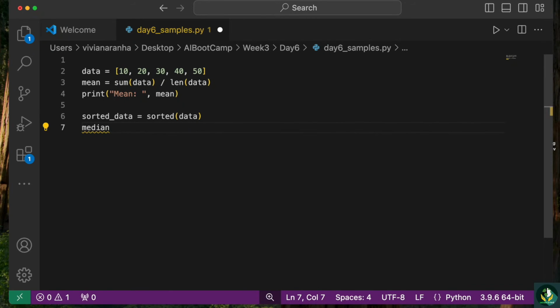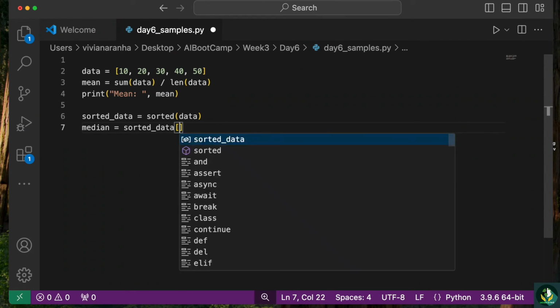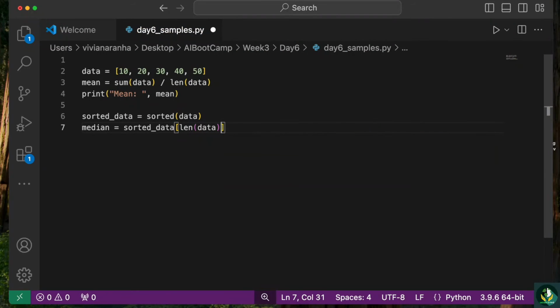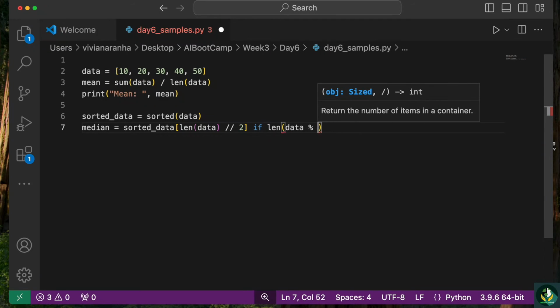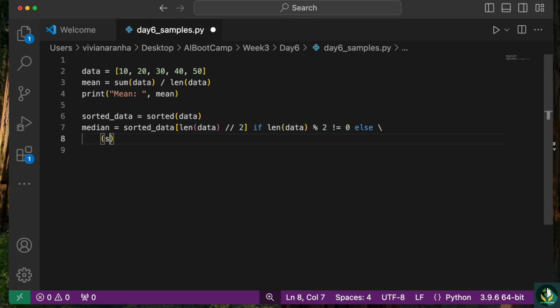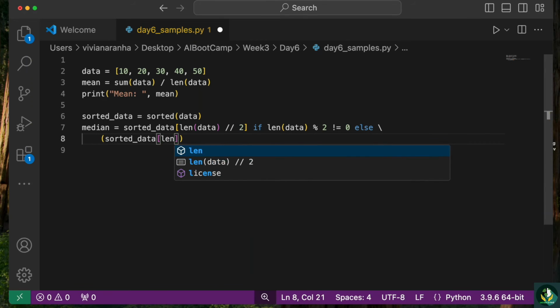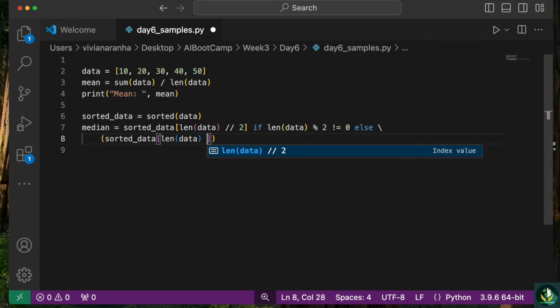Next, to calculate median, I'm going to say median equals sorted_data of length of data divided by 2 if length of data mod 2 is not equal to 0, else on the next line, sorted_data of length of data divided by 2 minus 1